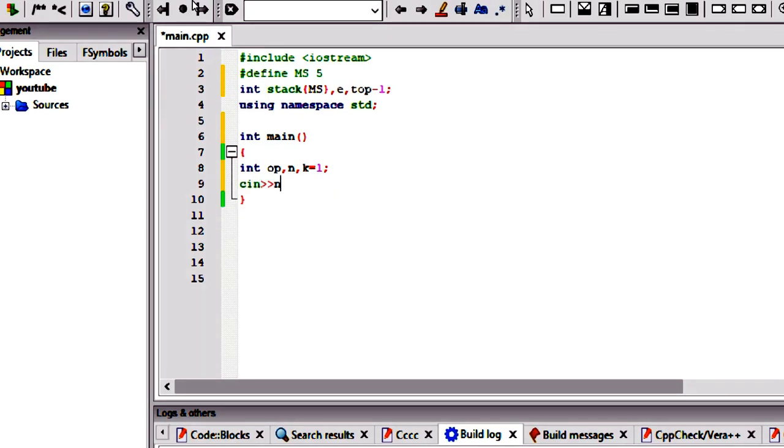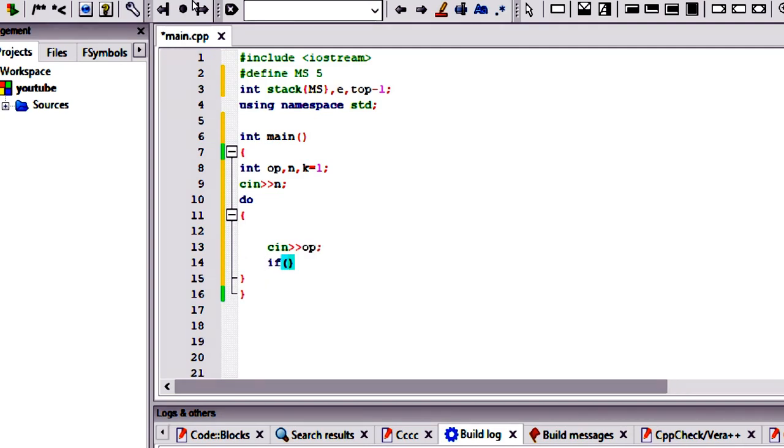Let's take n, the size and number n for the stack, and let's run it from 2. Not here, we have to use scanf. Let's take operation.